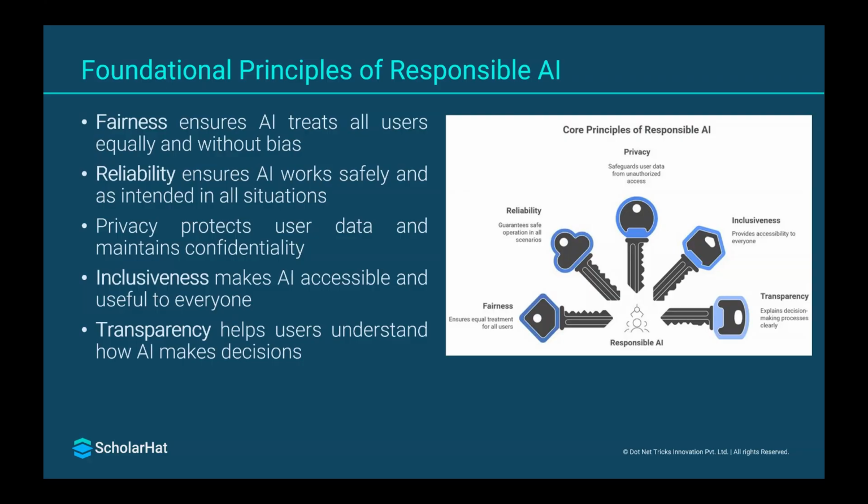And make the AI accessible to everyone. It should not be limited to a set of people, but it depends upon what AI you're building. You can have AI that is open source and others. So it is treating other people equally. So things should be transparent. It should not be biased. You should treat every gender, every human equally.